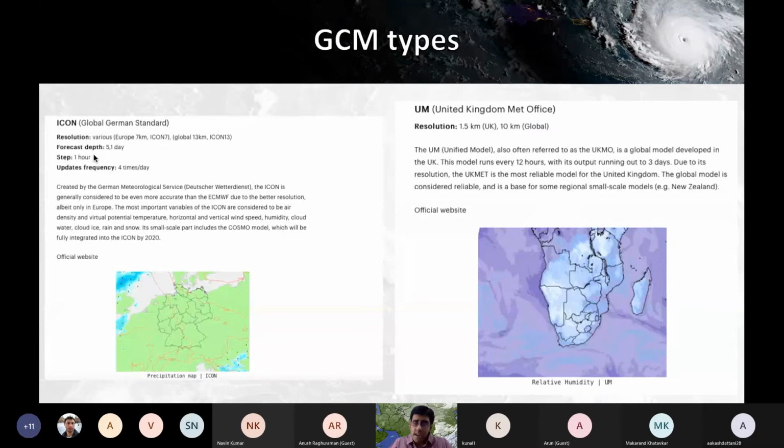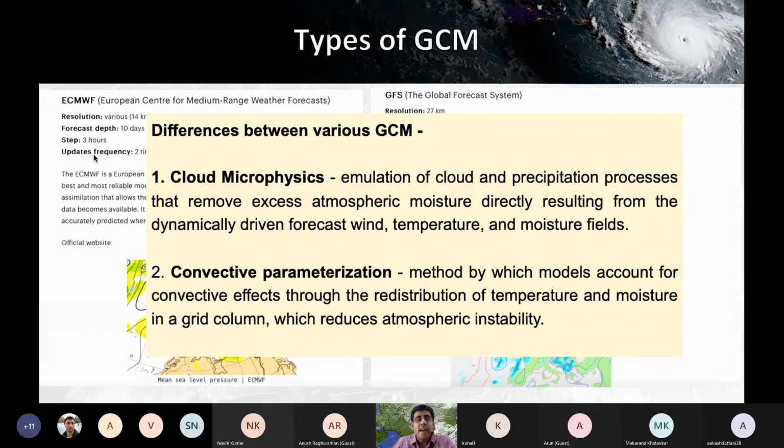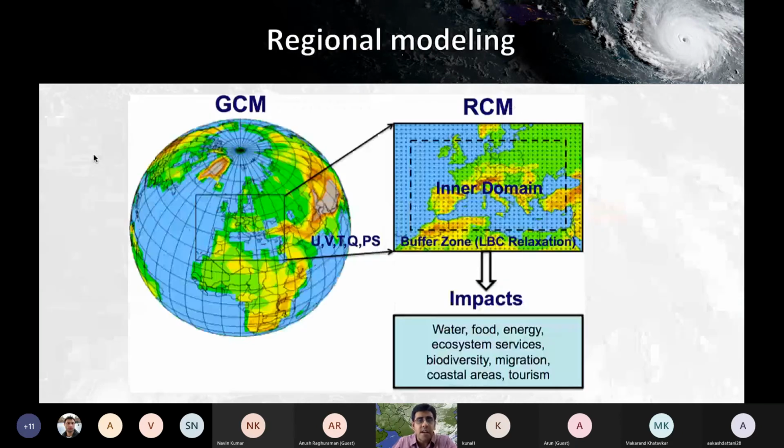There are different models, the ICON and UKMet also are there, but again the differences in the equations are the same, but the framework, the way they are built, is different. Like the cloud microphysics scheme and the convective scheme that all the models use are very different. So the last thing before